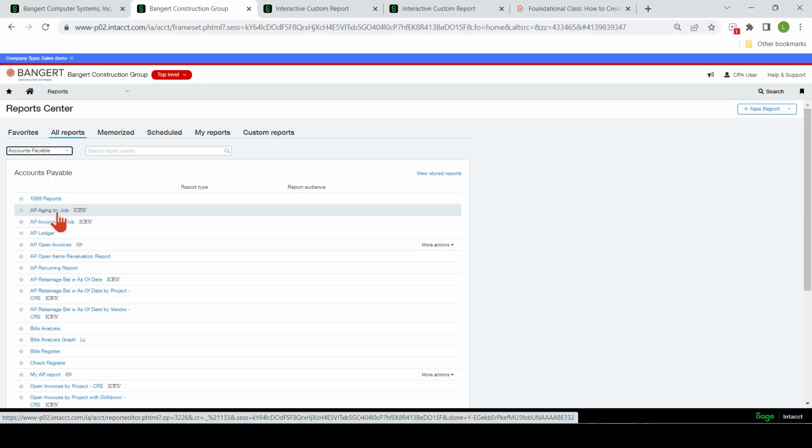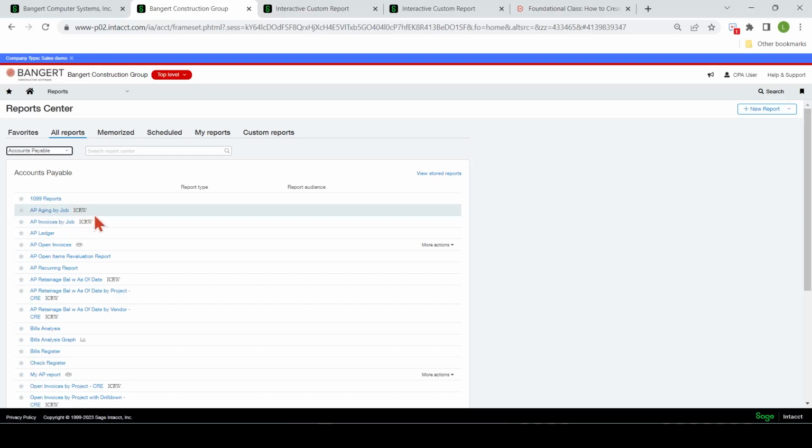Just a quick note: anything that says ICRW at the end of it is the interactive custom report writer. The system has financial statement report writing, custom report writing, and then this one called the ICRW, the interactive custom report writer.